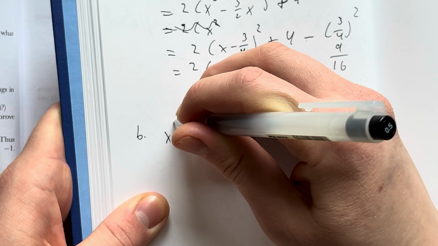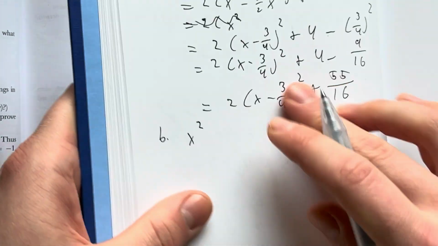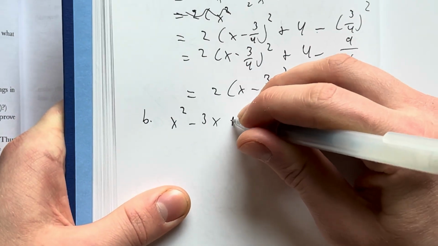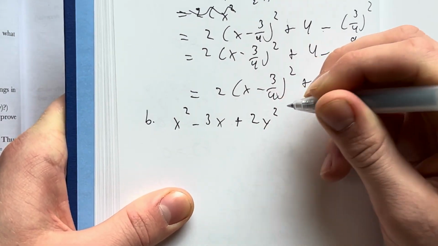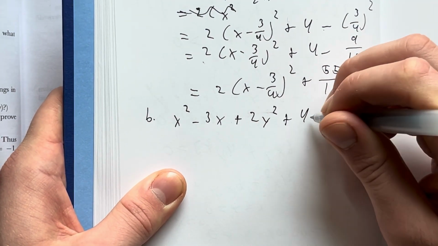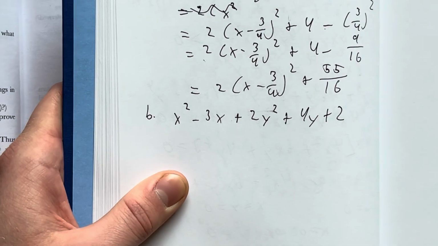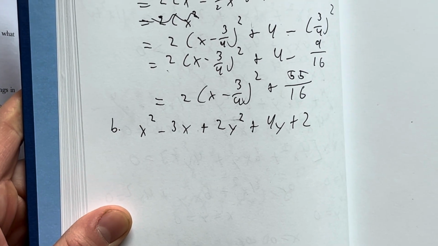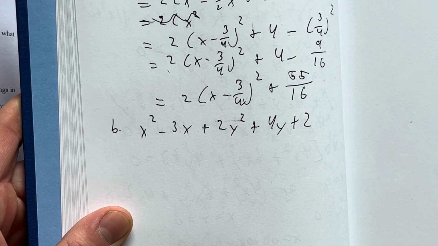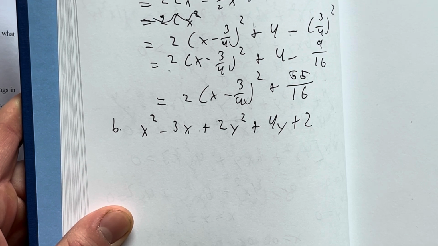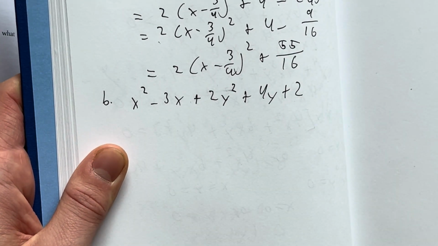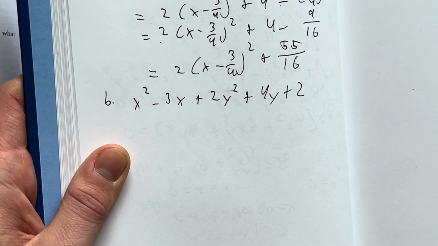So it's x squared minus 3x plus 2y squared plus 4y plus 2. First x